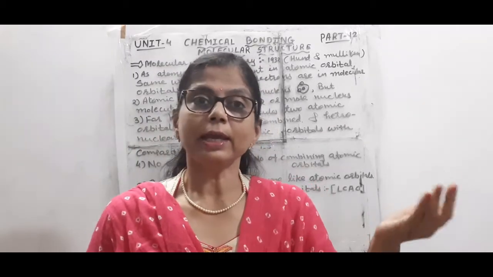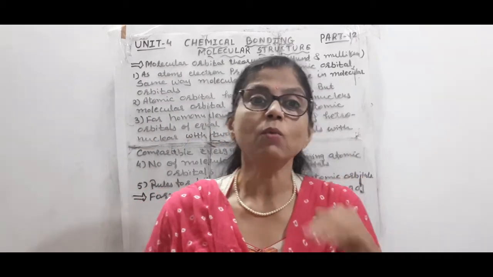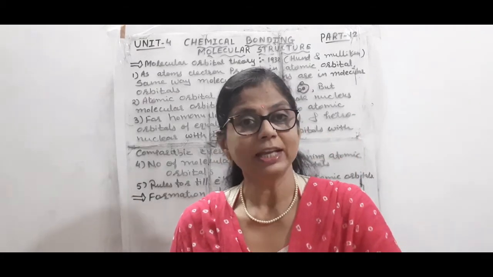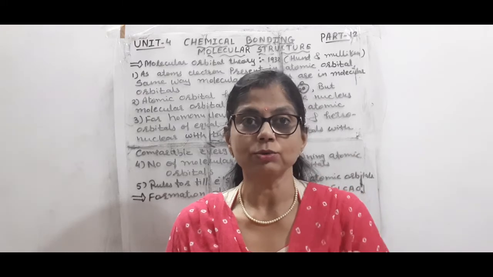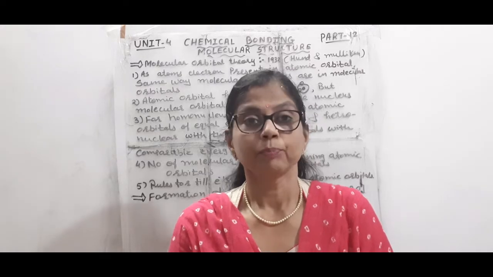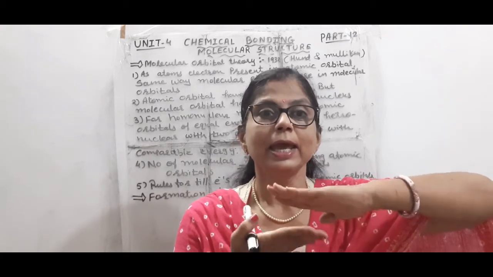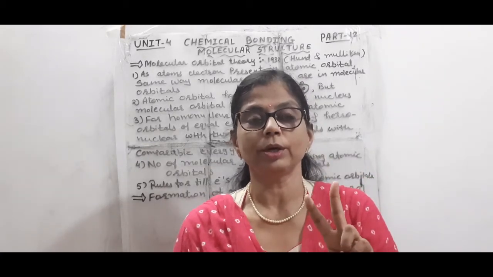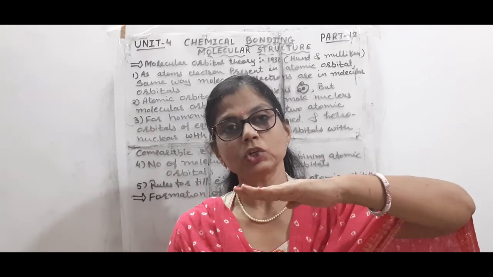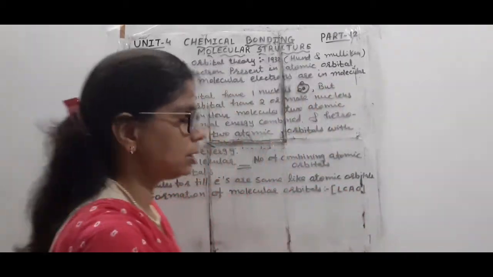And like in atomic orbitals, electrons enter according to the spin quantum number, where one is clockwise and another is anti-clockwise. Here also we have to keep in mind, when orbital overlapping occurs, one is bonding and another one is anti-bonding. So when the two atomic orbitals combine, the first goes for the bonding pair of electrons and then the other goes for the anti-bonding pair of electrons. Students, is it clear to you now?